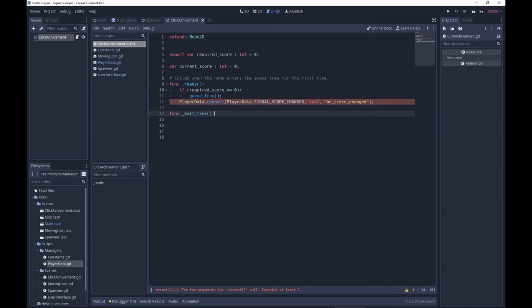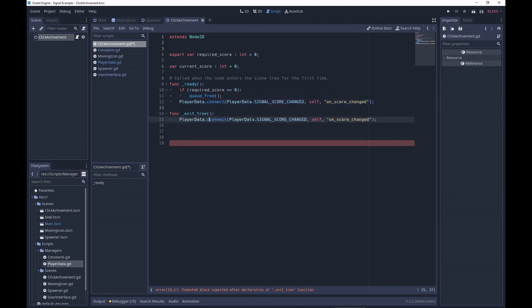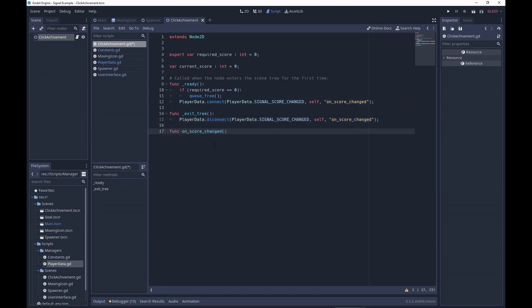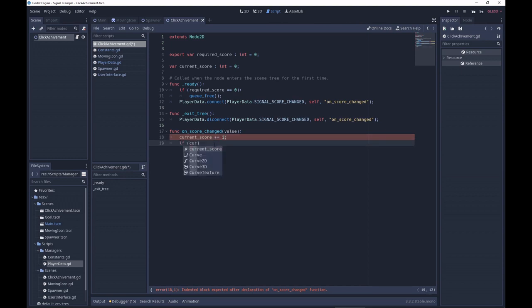Func. Just get in the habit of writing this as soon as you write your connect method. It will save you lots of hassle. So func on score change, new value or value. It doesn't have to be the same name as you have where you define the signal. Let's just call it value, and then we use current score plus 1. If current score is larger or equal to required score, then we can do grant achievement,